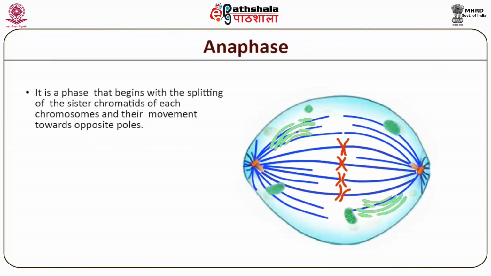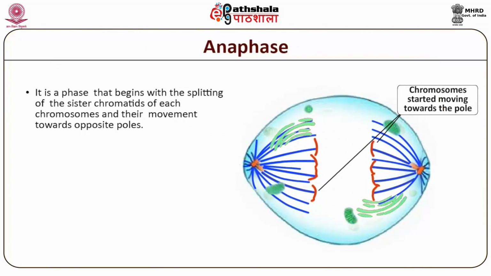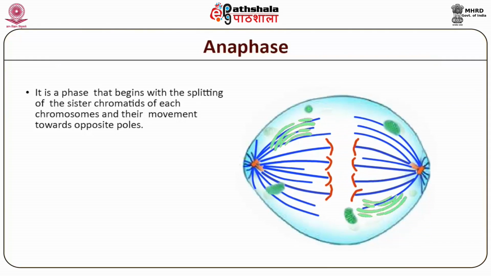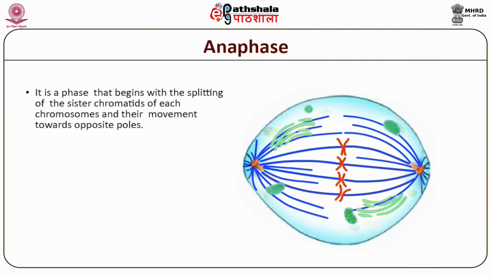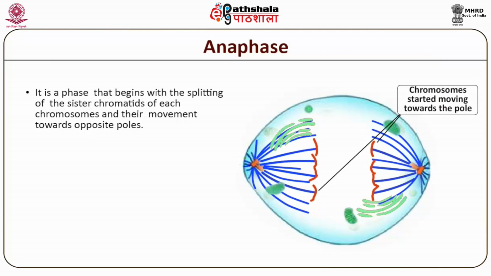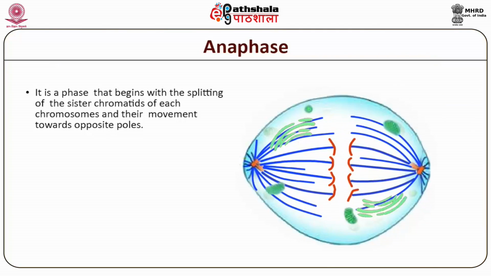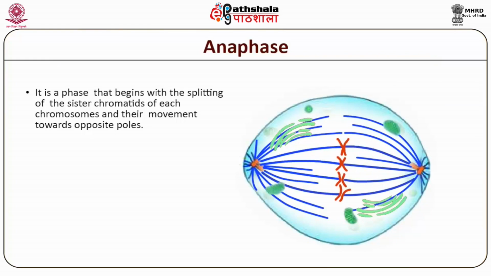Now, after alignment of the chromosomes along the equator, these chromosomes are ready to separate towards the opposite poles by the splitting of sister chromatids of each chromosome. This phase is known as anaphase. Proteolysis also plays a major role in this cell cycle progression. Various biochemical and genetic approaches have been applied to gather information on the mechanism responsible for the initiation of anaphase.